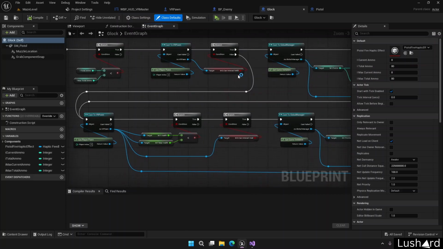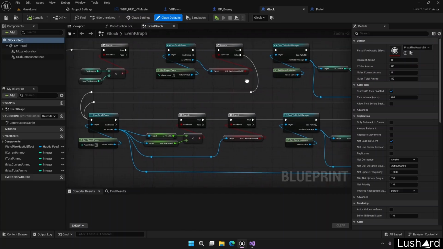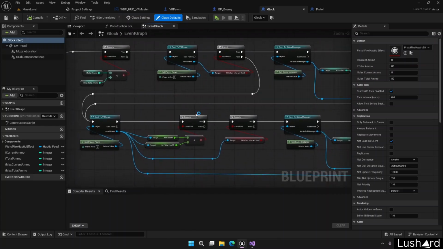If not, we also check if the station is a health station instead, because if this is false,